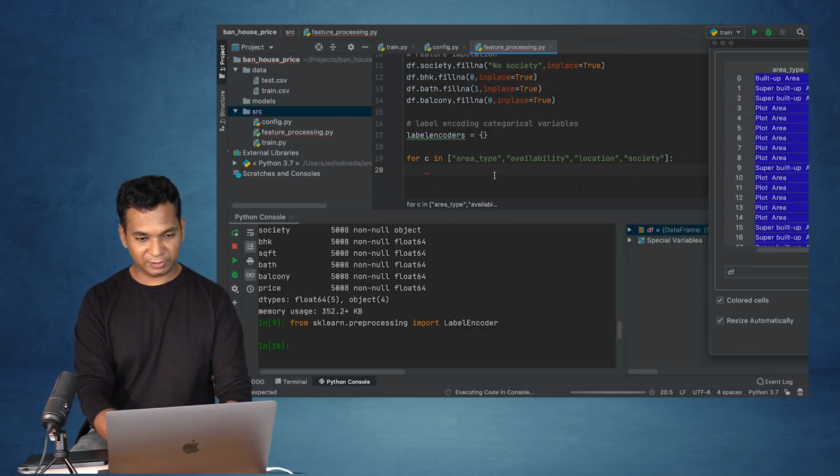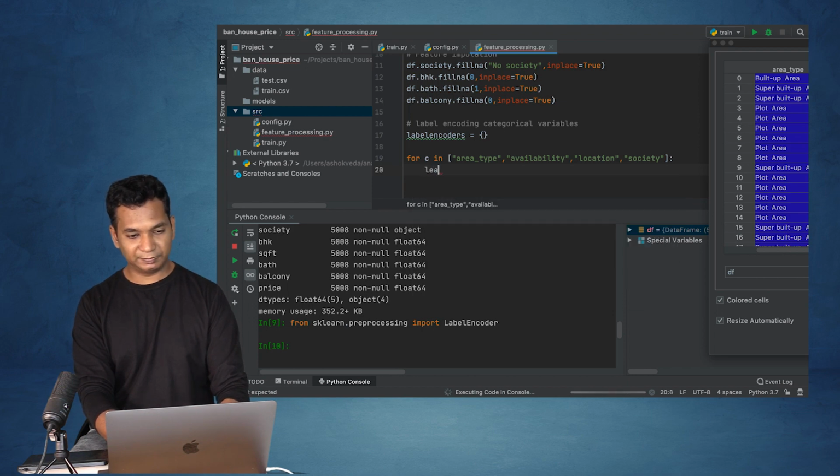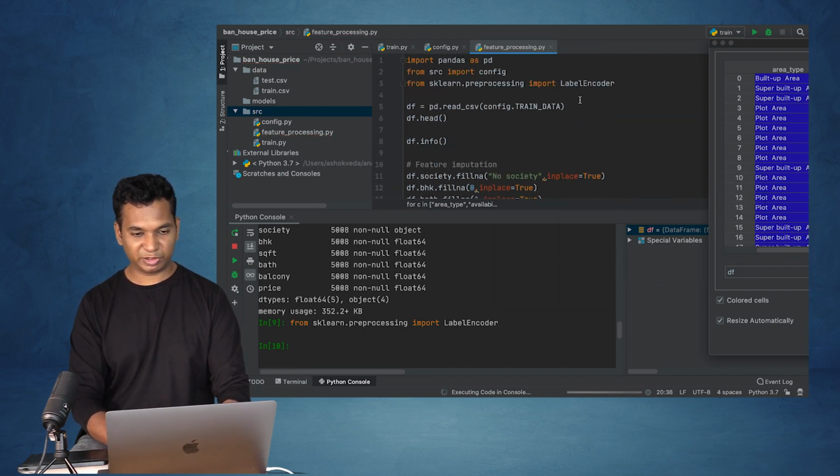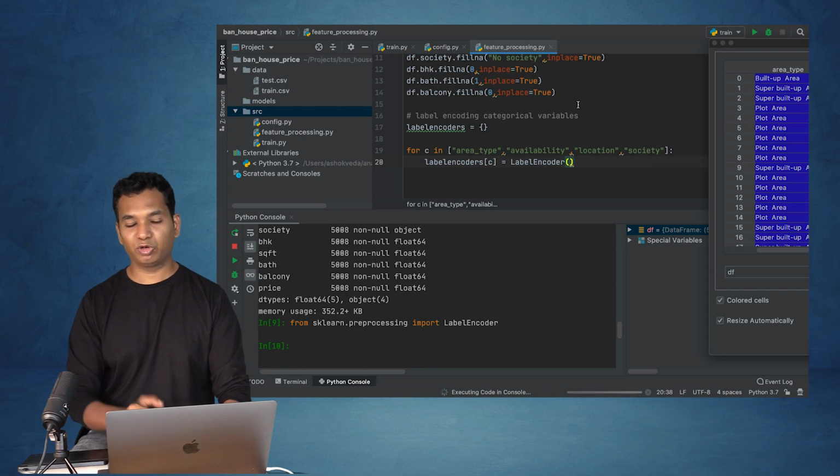So I'm going to say label encoders, and inside that I'm going to take this C, which is the first one, equal to, and then I'm going to simply create an object of LabelEncoder, which is actually imported over here. So it's going to create an object of LabelEncoder and store it in a dictionary,